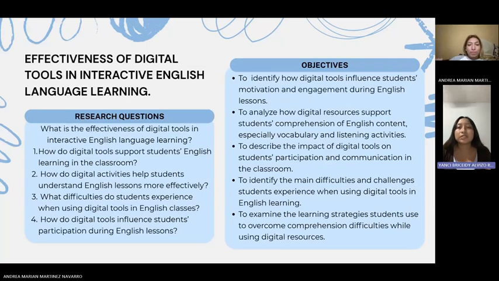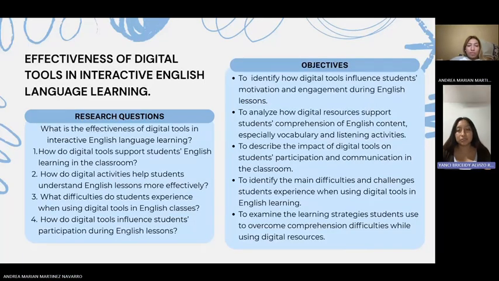So, this research analyzed how digital tools help students learn English in a more interactive and motivating way. This study asks questions such as how digital tools improve comprehension, participation, and communication, and also what difficulties students experience while using them. The objectives are to identify how technology motivates students, supports vocabulary and listening comprehension, and